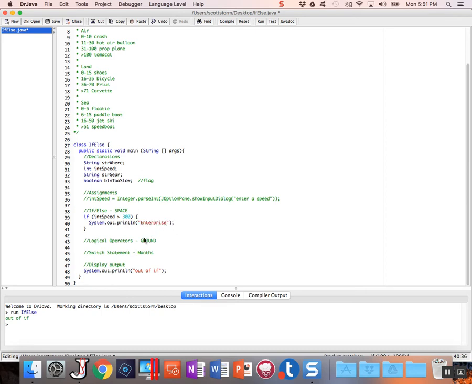So now enterprise will be displayed if int speed is greater than 300. We better uncomment this line. Okay, so now int speed is going to be collected as user input. It's going to be more robust. Now we've got dynamic input from the user. So if we compile and run this,